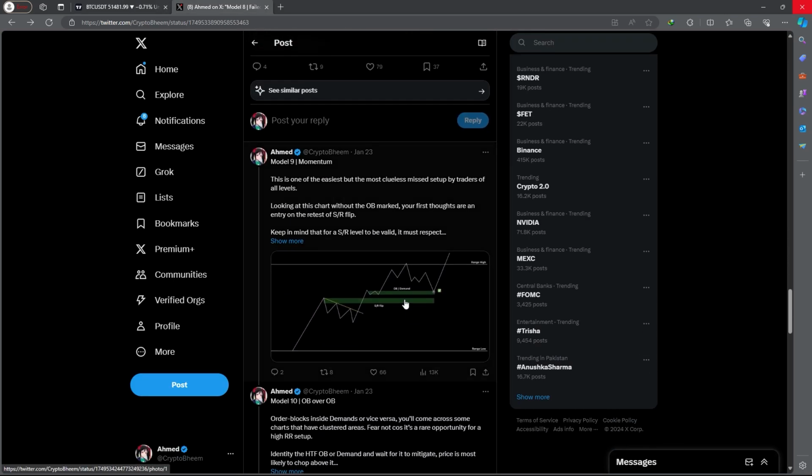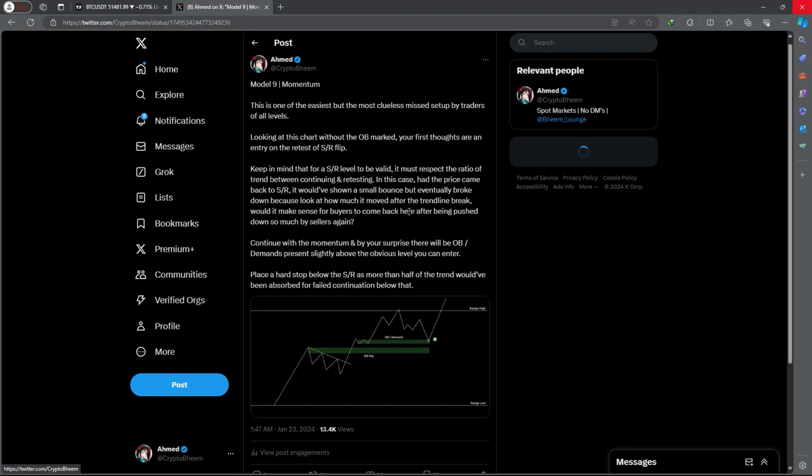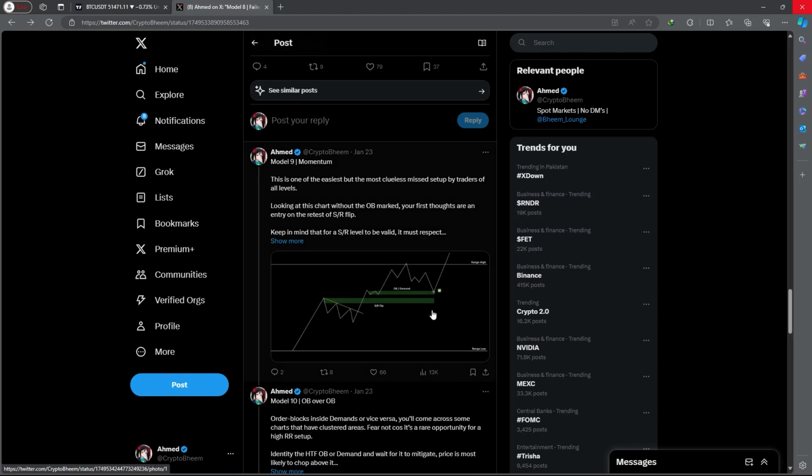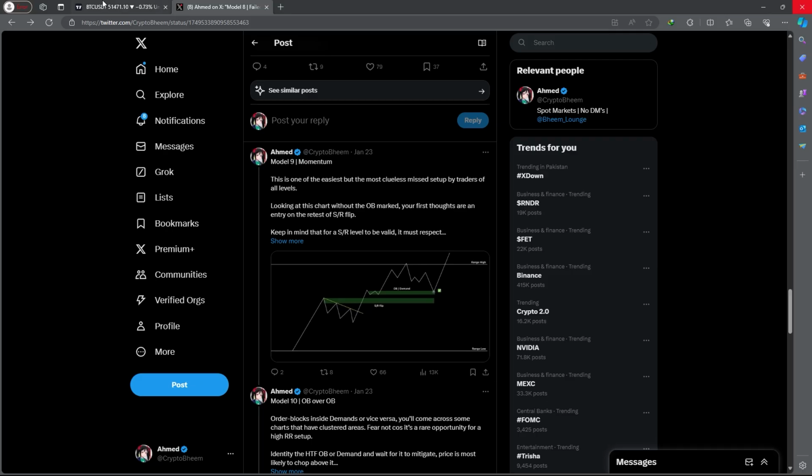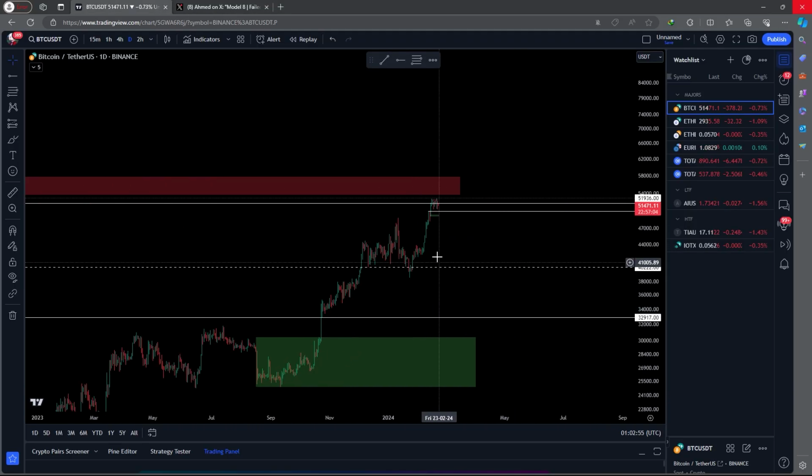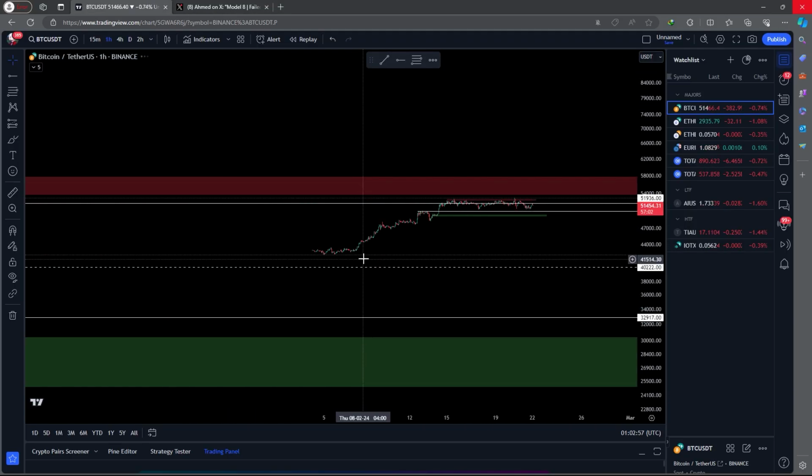The ninth model is momentum. This is a very interesting one as well. Just by summarizing this text, I can tell you that you have a breakout, you have an SR flip, you have continuation. What majority would do, let's just try to find it on